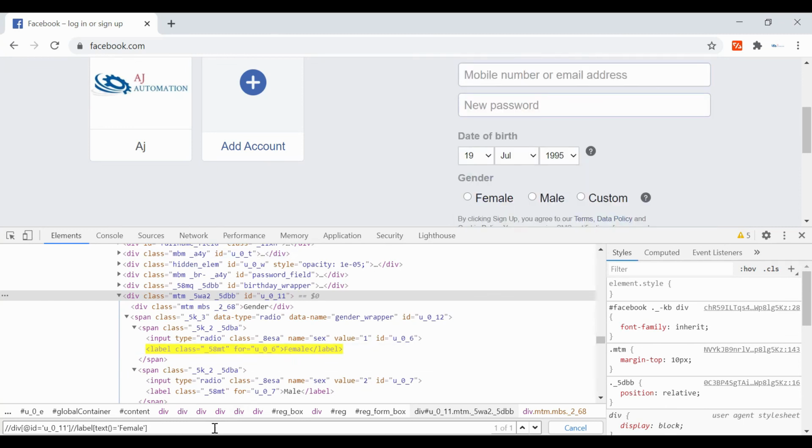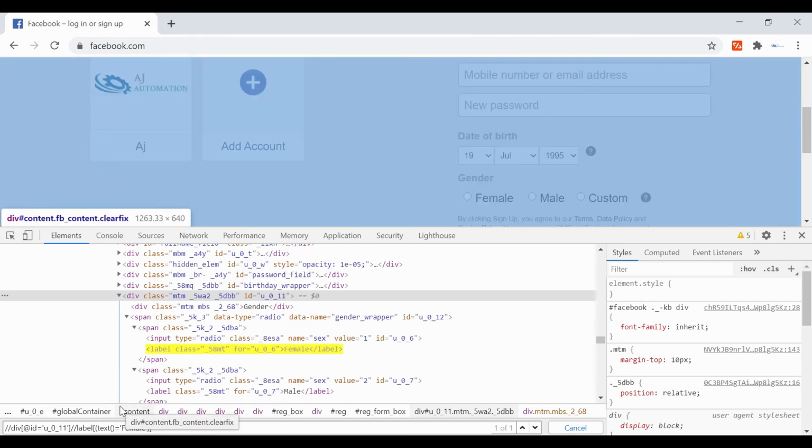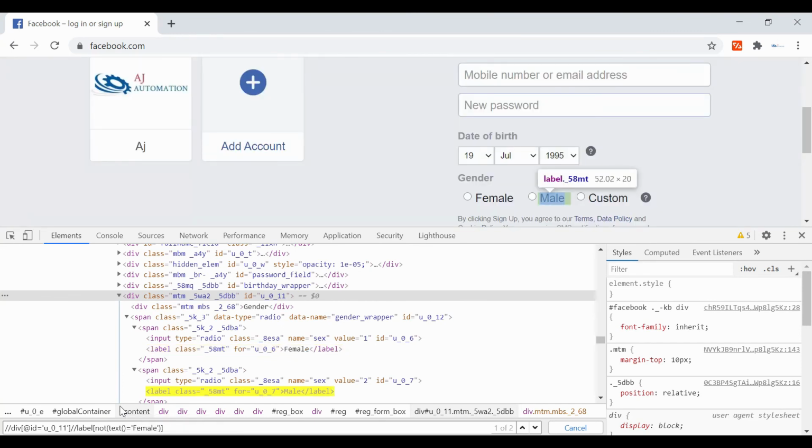I just have to make the negation of this condition. In that case we can use the not function. I will show you how. Inside the bracket is our condition, so just put this condition in a bracket and write not here.